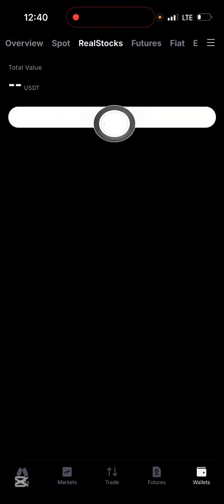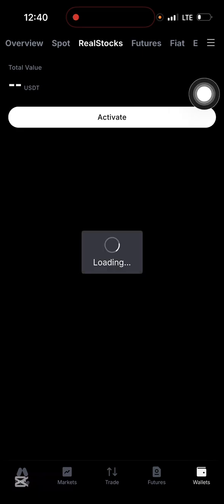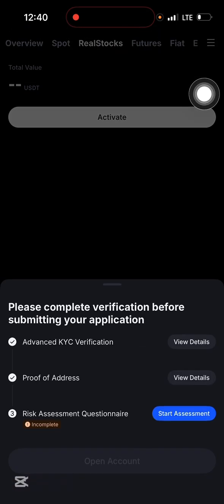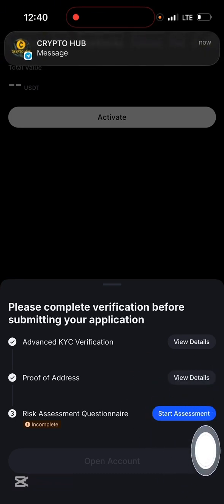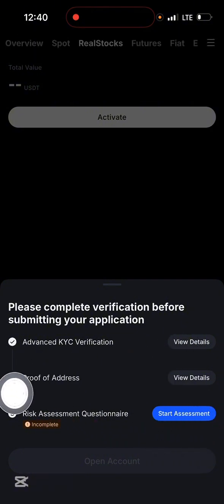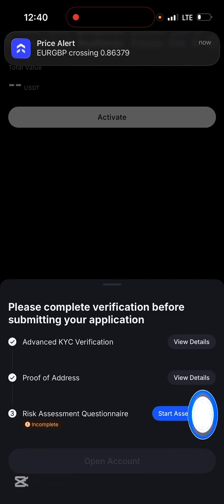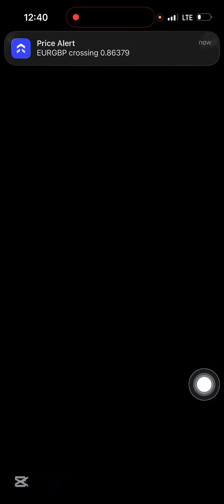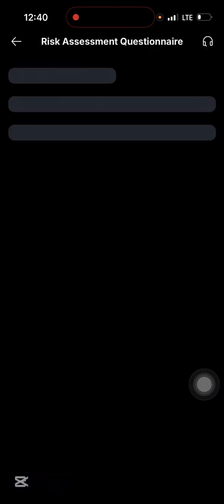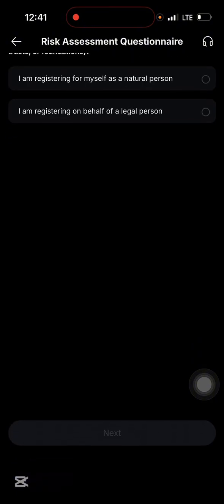Once you click on real stocks, the next step is to activate, and you need to submit a proof of address. In my own case, I use my bank statement. Next step is to click on start assessment. Once you've done your advanced KYC verification and proof of address, you click on start assessment. Then the next step is to click on